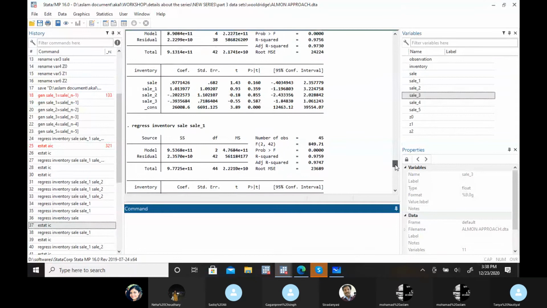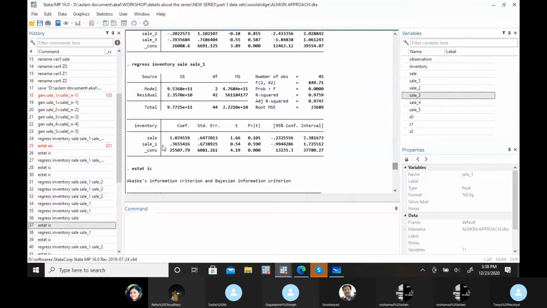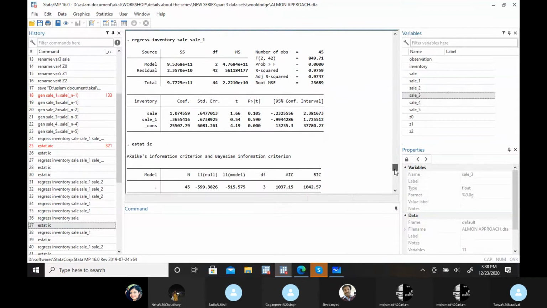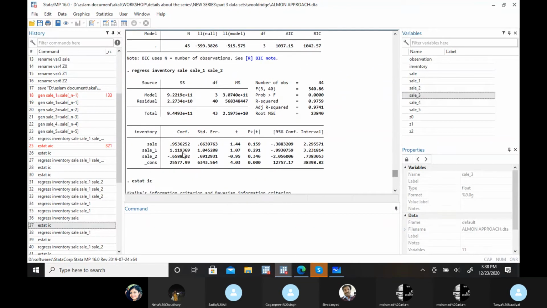okay, let's take the first one. This is the coefficient, although it's insignificant. Let's say we added another lagged value. Now the coefficient is negative and insignificant, so with the ad hoc estimation we have to stop with the first coefficient only. But in this Almon approach, in this particular criteria, you have to go with the R-square criteria. So this AIC, BIC, all these criteria are based upon the R-square. This is the difference in these two approaches.